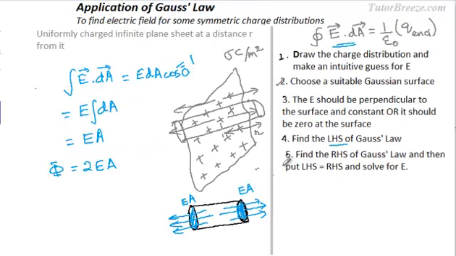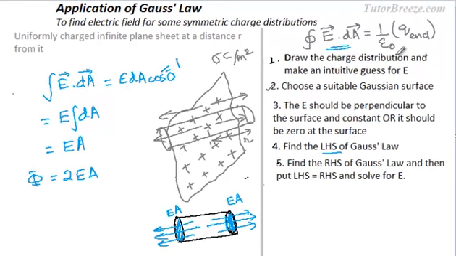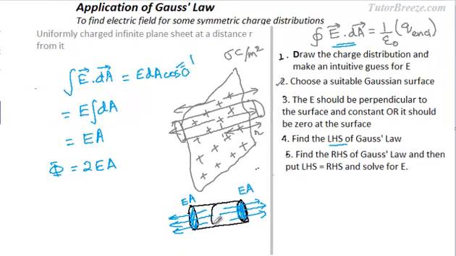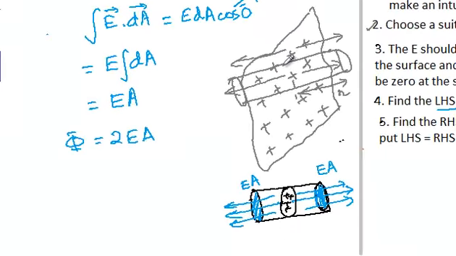So now you can see that we are at the last step, which is to find the charge enclosed and then equate the left hand side with the right hand side, which means you have to put the total flux through the closed surface equal to the charge enclosed by epsilon naught. You can see that some charge is enclosed over here in this portion of the Gaussian surface, as this surface cuts the sheet. So the enclosed charge is going to be the charge present in an area same as the area of the two ends.